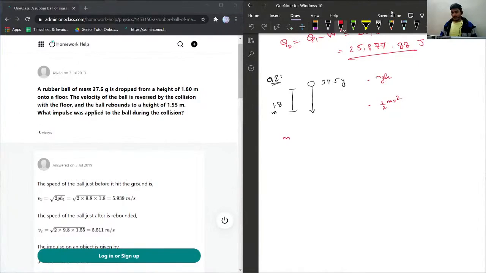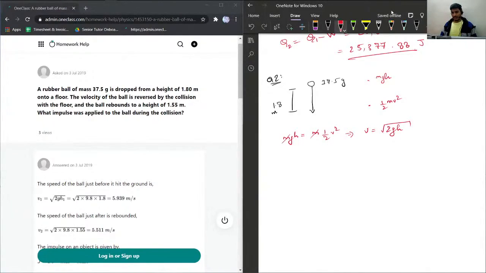So I can use the conservation, mgh equals half mv squared, I can cancel out mass, so eventually my velocity will become square root of 2gh,